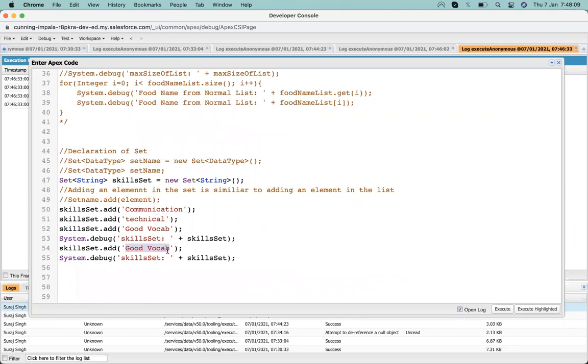That's the main reason we use set in development, to maintain uniqueness.